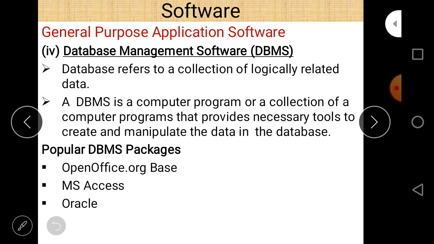So both are the same because they are interconnected to each other. Such type of data in which data is interconnected to each other is called a database. So interrelated data is called a database, and a database is basically maintained in the form of different tables.